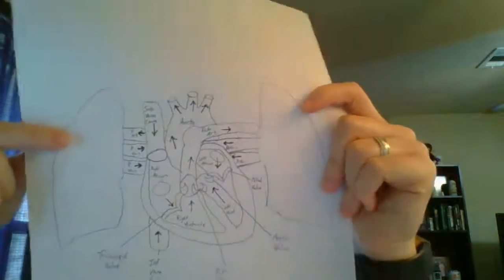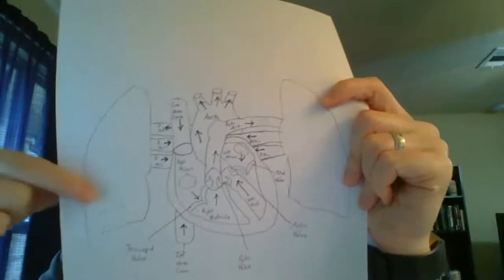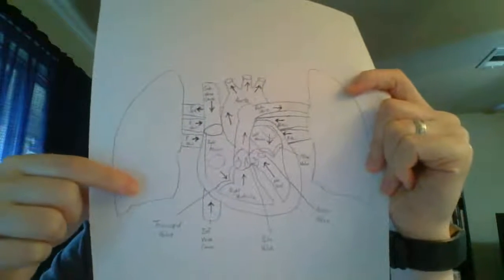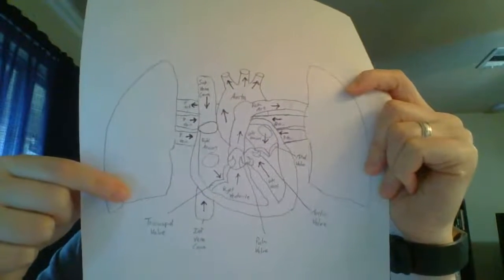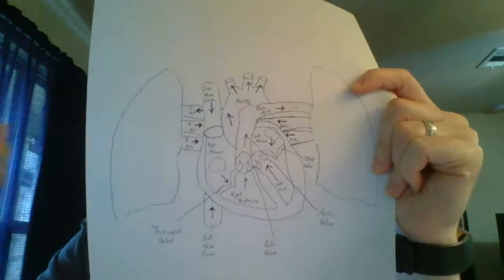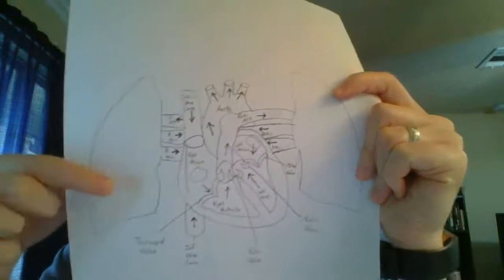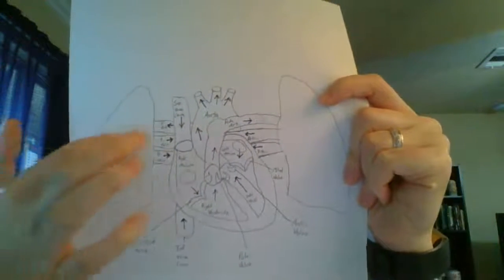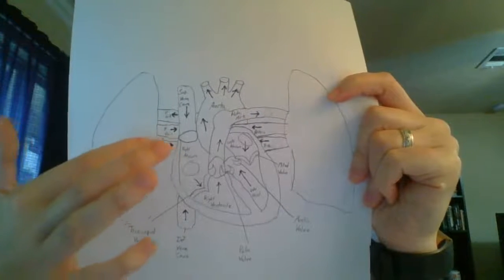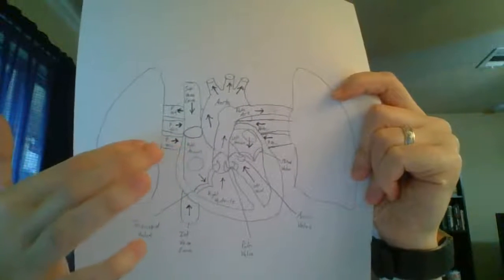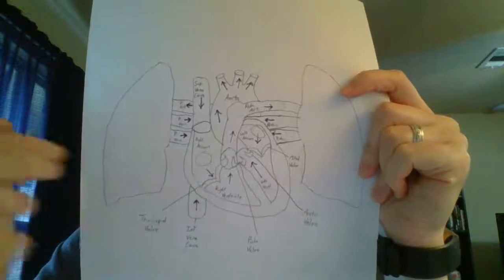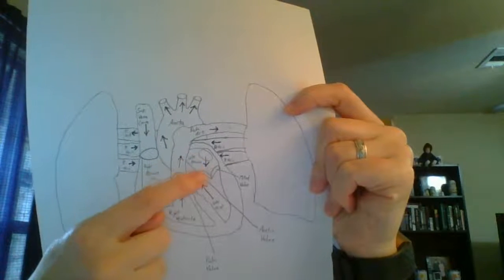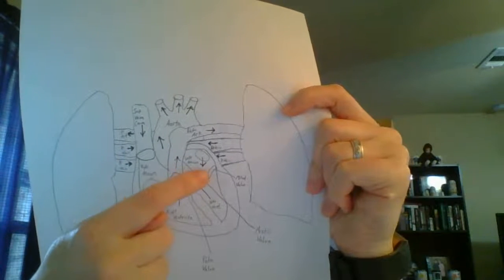In the lungs, the blood flows to the pulmonary capillaries, which would look like spider webs almost. They're small little vessels, and that's where the blood releases the carbon dioxide that it's picked up, and it gains oxygen. Once the blood is reoxygenated, it returns to the heart through the pulmonary veins, and it enters into the left atrium. Blood flows from the left atrium through this bicuspid valve or the mitral valve, and it goes into the